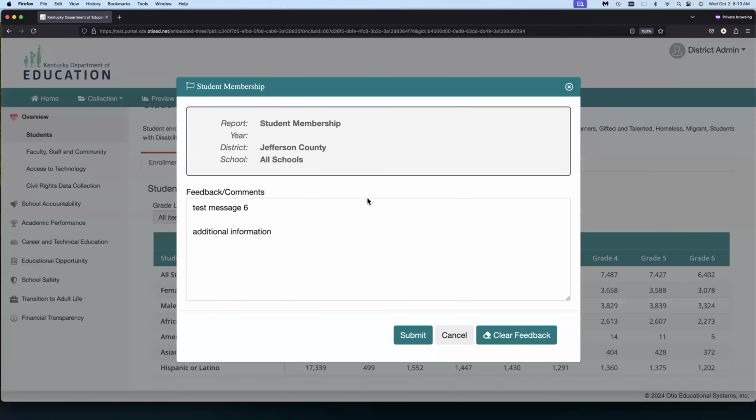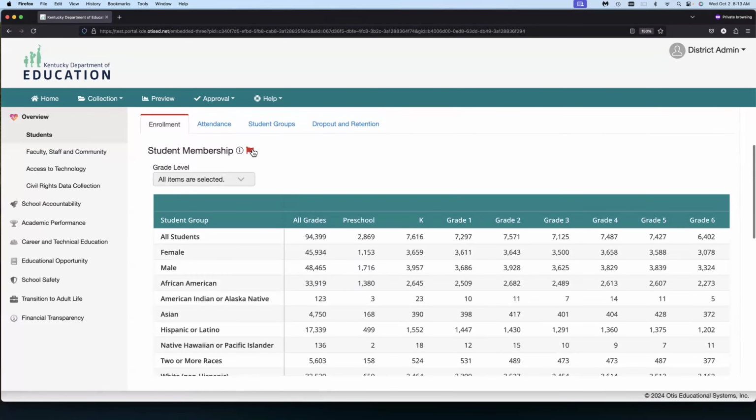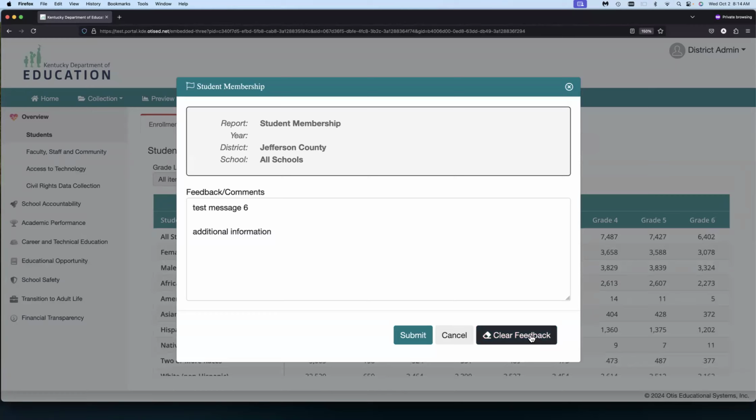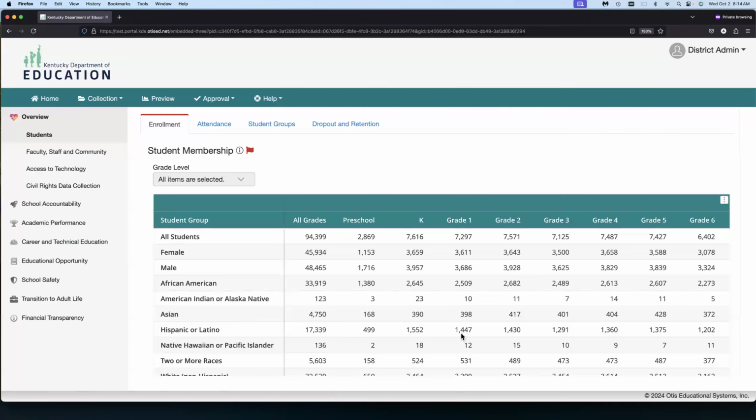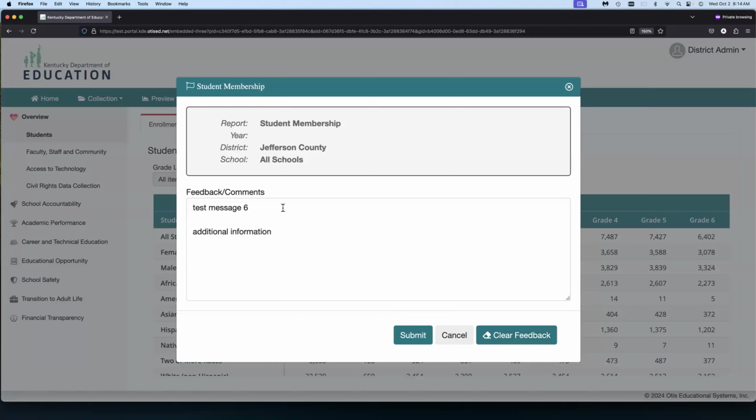If there's a reason for this flag to not be raised, like if maybe I clicked on the wrong flag and I should have been flagging the student enrollment as opposed to student membership, I can go in here and clear the feedback. If I click this button, it clears the comments out. I still have to click submit or cancel after I clear the feedback to finish the process. If I click cancel, it keeps the comments there and doesn't do anything to change the flag. But if I clear feedback and click submit,